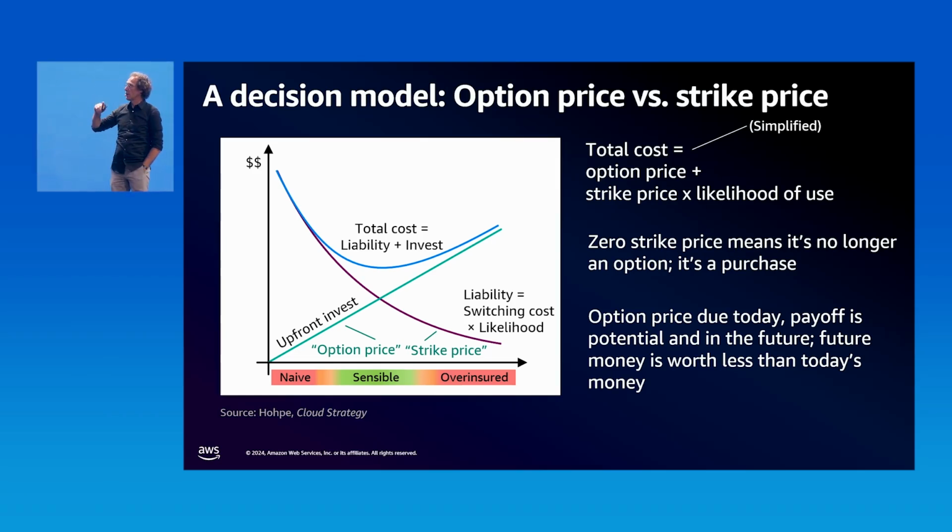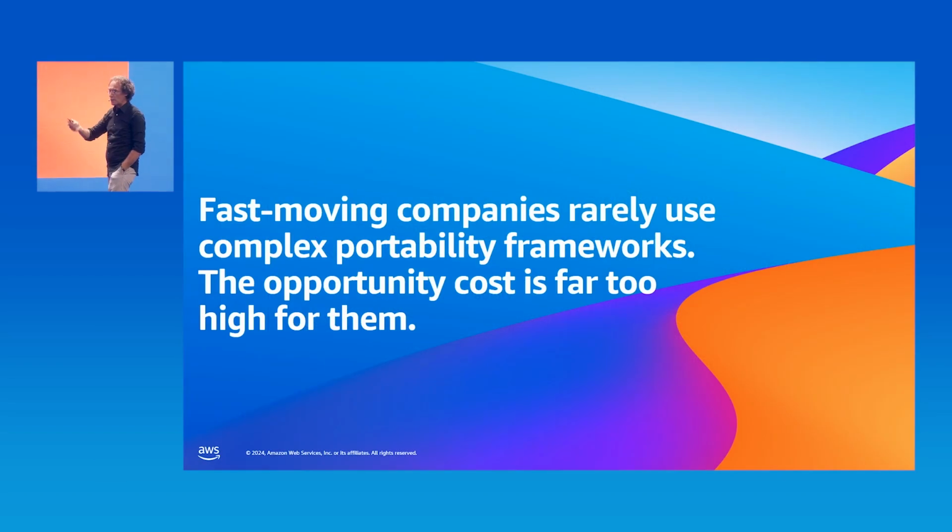You can see this most dramatically with very fast moving companies, right? If you are a startup company and you spend 6 months building a portability framework, you're out of business. The cost is infinite, right? You have nothing else. So what we see because of that is that the fast moving companies are much more likely to choose one solution, run with it, get customer success, and celebrate the success. Remember the utility axis. They want to maximize utility